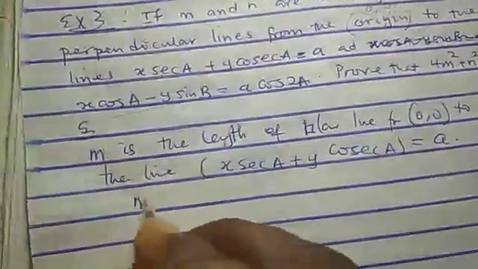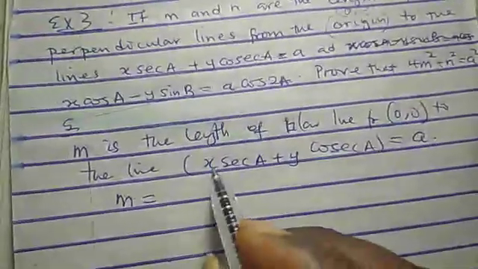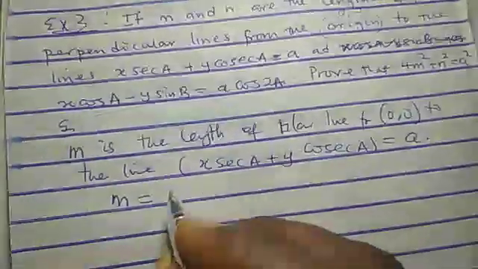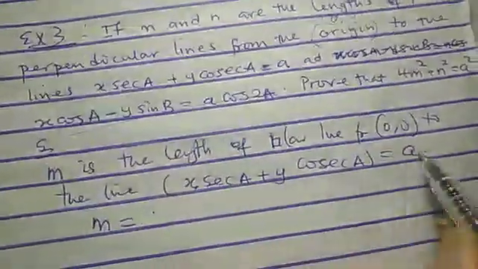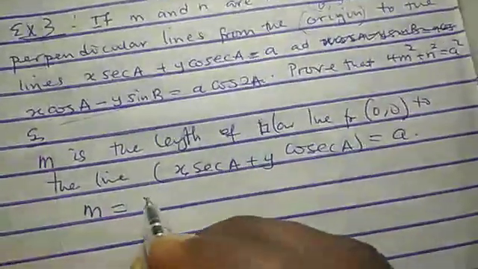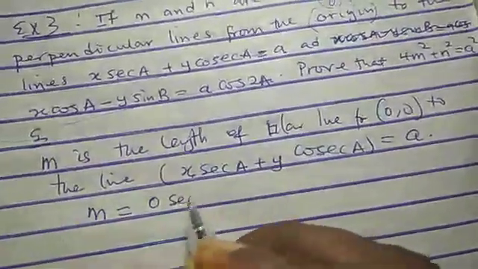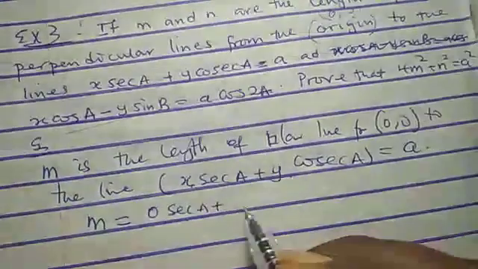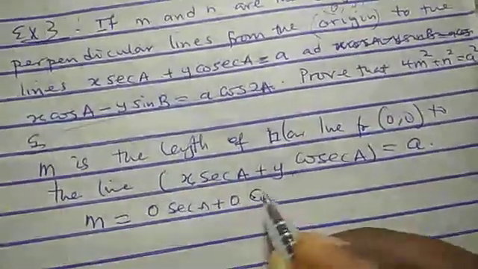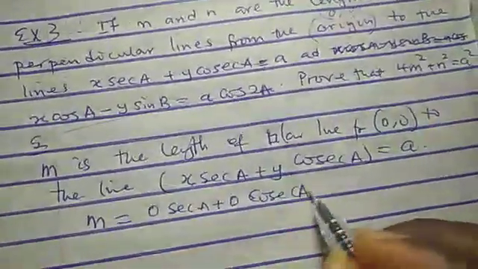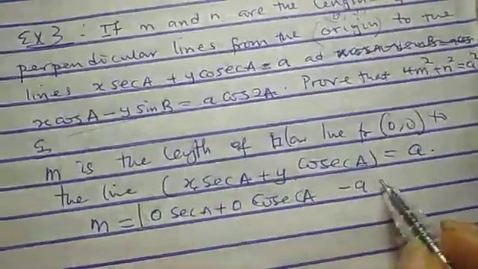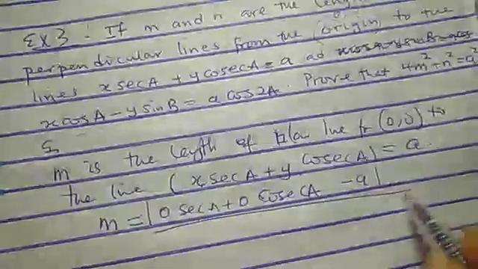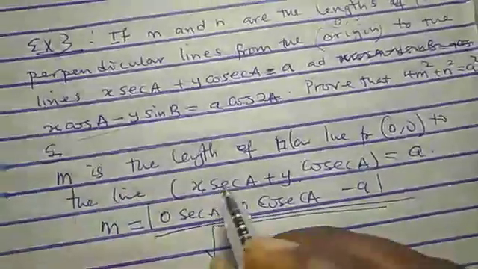So in this case, our m will now be equal to ax, this is our x. So this will be 0. Because it's the origin, x is 0. I only need to rewrite this thing. So x is 0. That will be 0 sec A plus y is also 0, 0 cosec A. This one will come in minus a. Don't forget that there's an absolute value here, divided by square root of